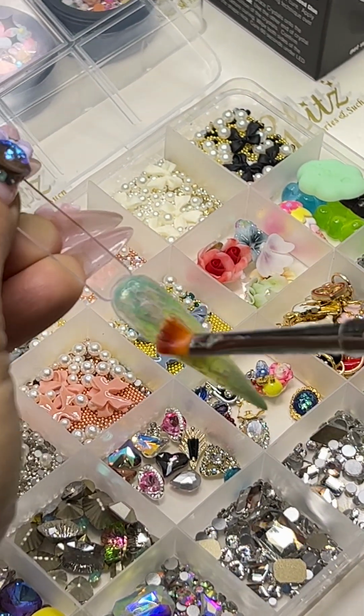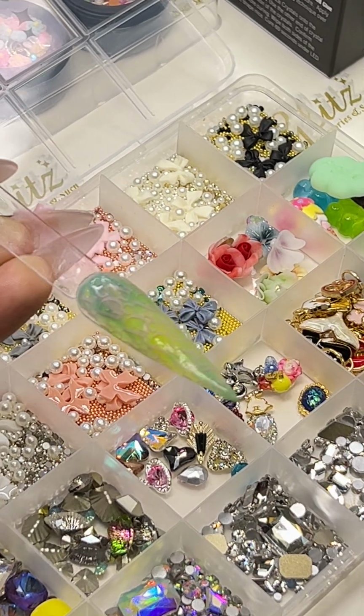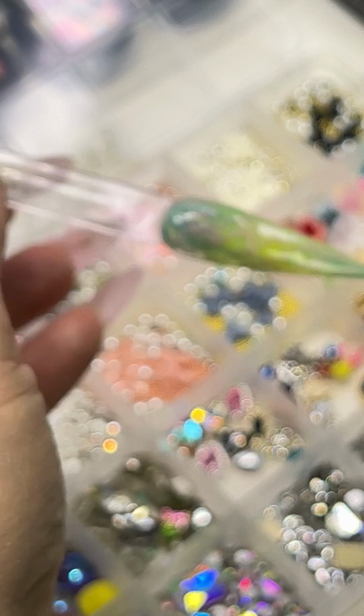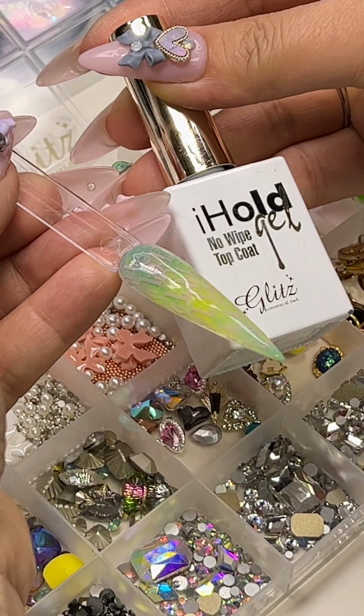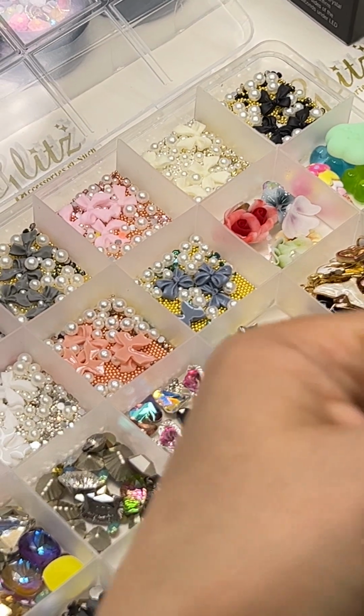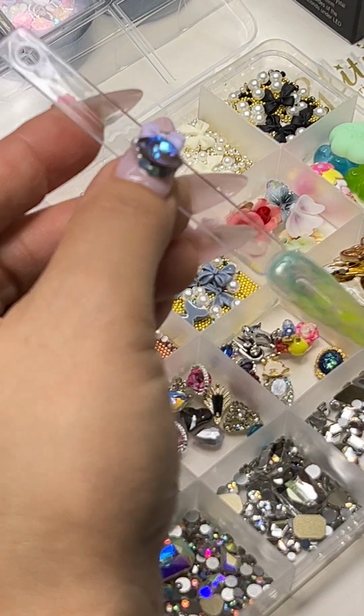And I am picking and choosing the charms from this section right here. I'm adding the no wipe top coat floating right on the top, so when you finish, your nails are not only